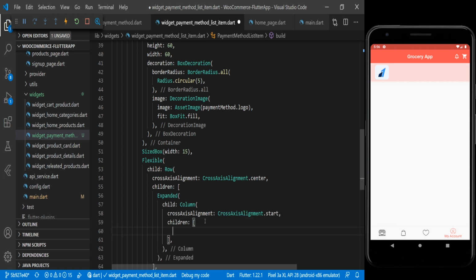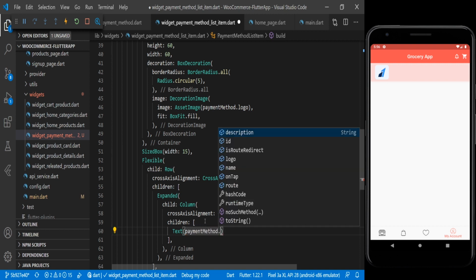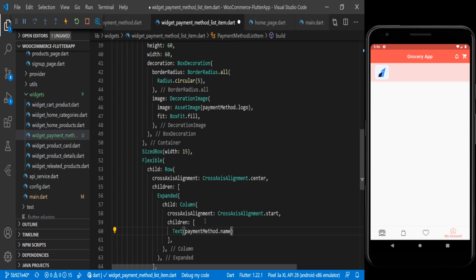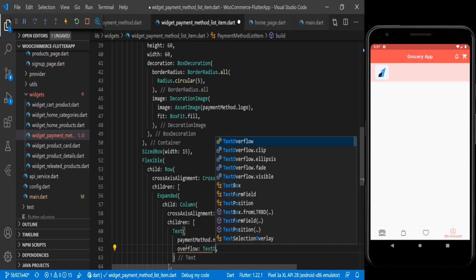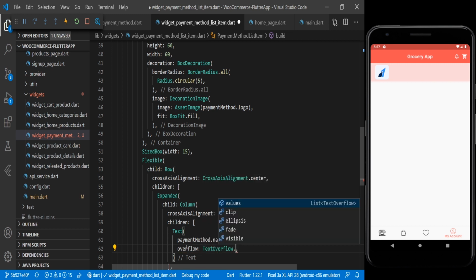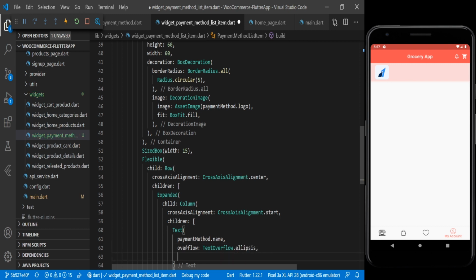Then for the children we are using here text visit, and here we are passing here payment method dot name and here we are using overflow, and here we will have the text overflow dot ellipsis, and here we are using here max lines 2.